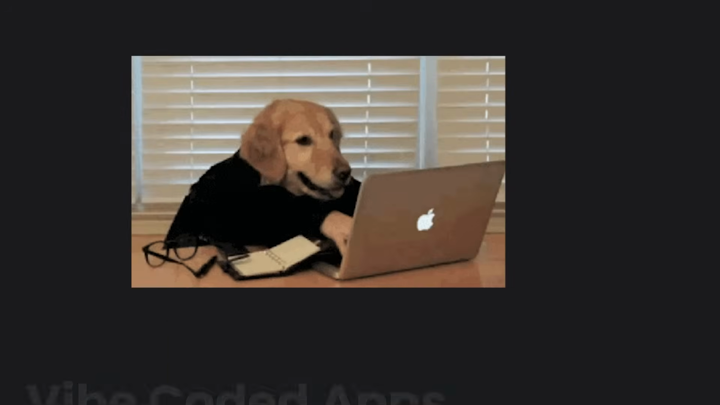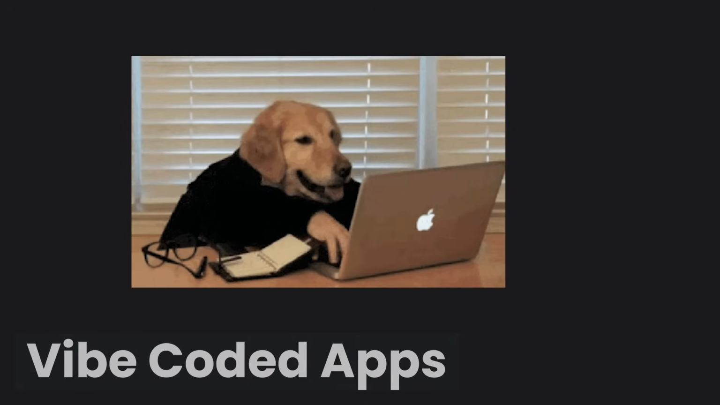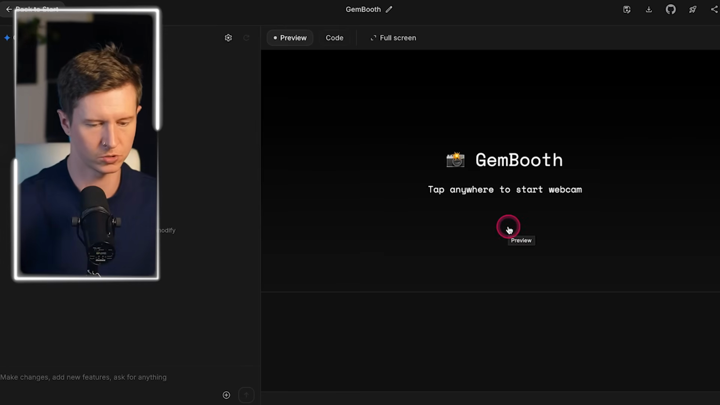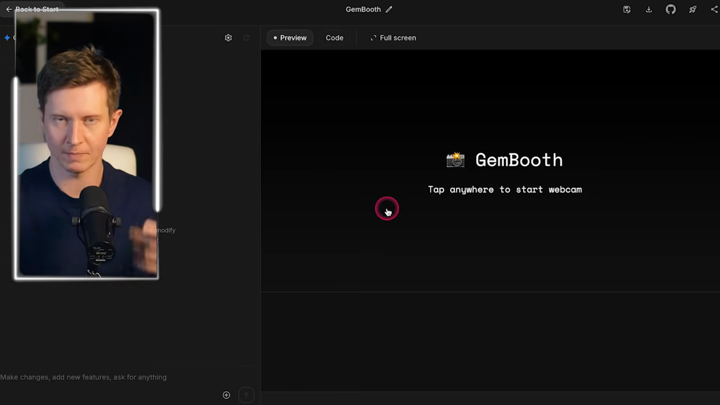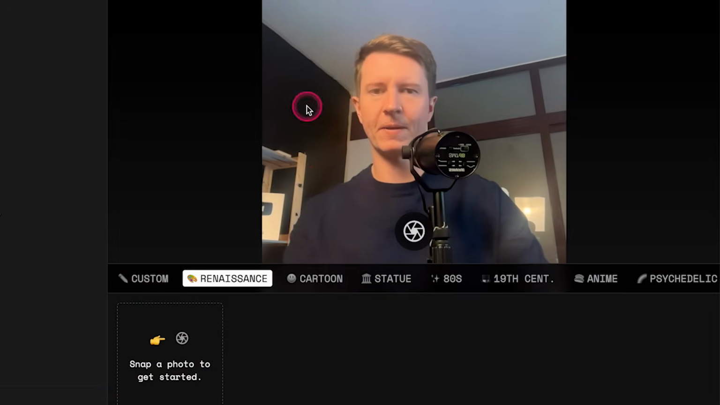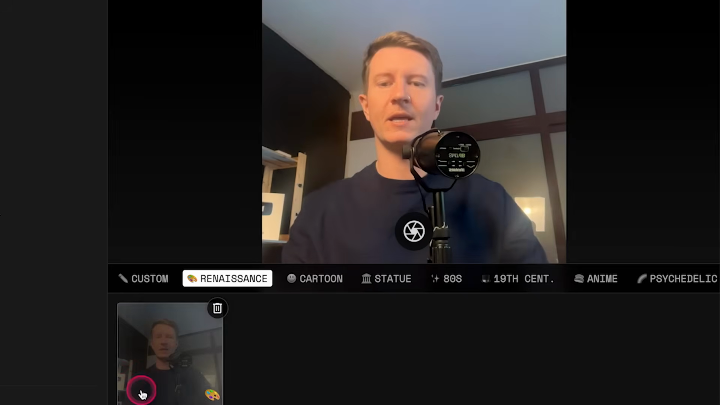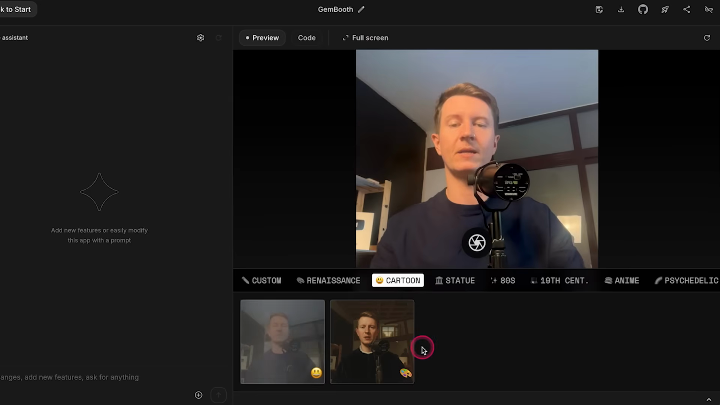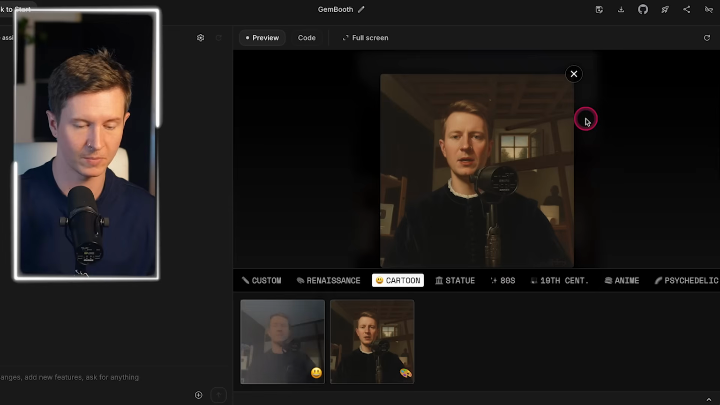Now, there are some very interesting vibe-coded apps that are already available for you to test out. And one of these is called GemBooth, and this allows you to use your webcam to immediately take photos and edit them. So you can see here is me live on my webcam, and you can simply take a photo, and then it will turn that photo into a Renaissance style painting. Now you can switch between a whole host of different styles here and go ahead and take new photos and apply them. So there's me